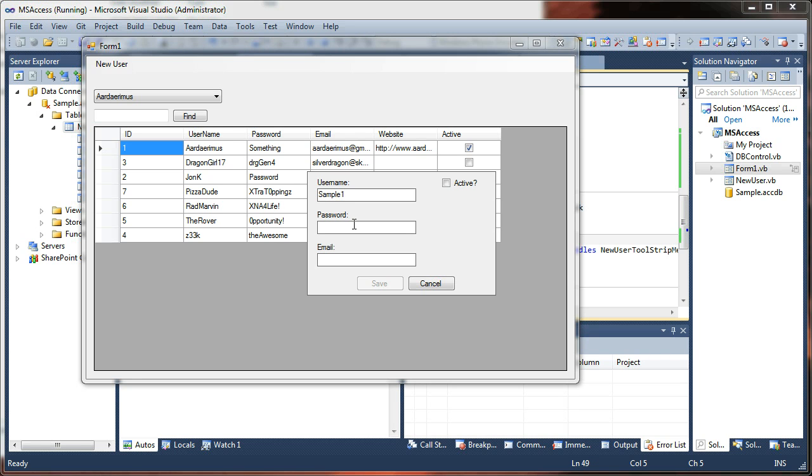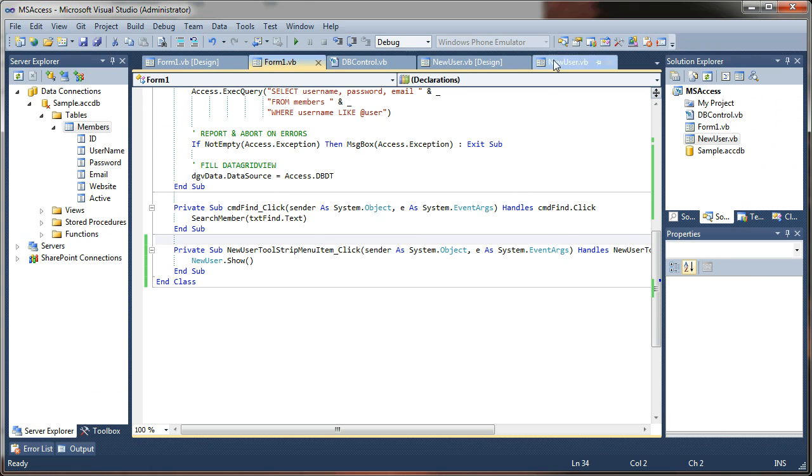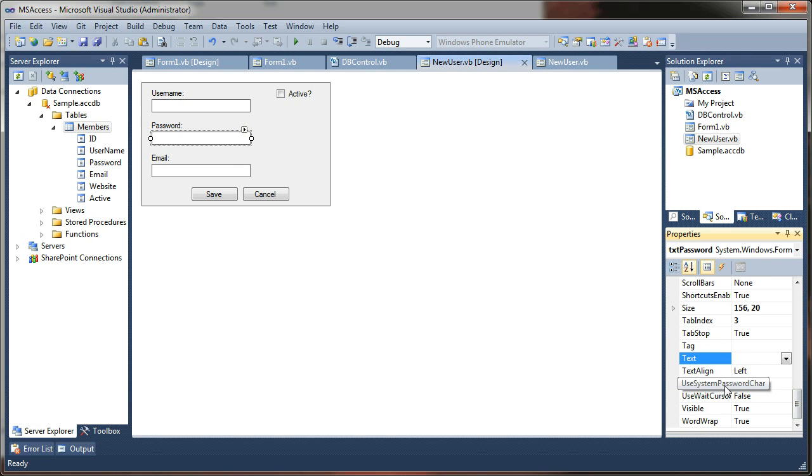Password. Okay, here's one thing we can change. I forgot to set the password character on this field. I was going to do hello. But I'm going to go ahead and try canceling because I don't want to do it. Let's jump back to our form. You may have already done this. Just click on the password field and find use system password character and change that to true,